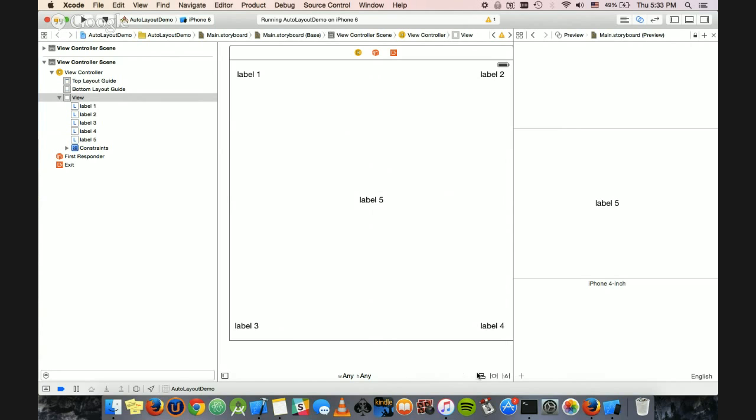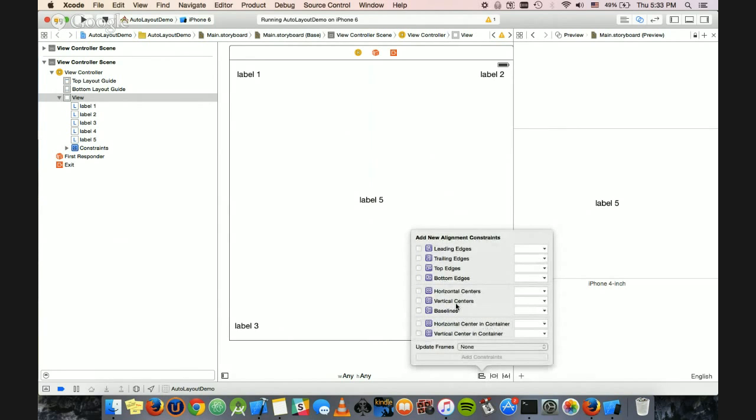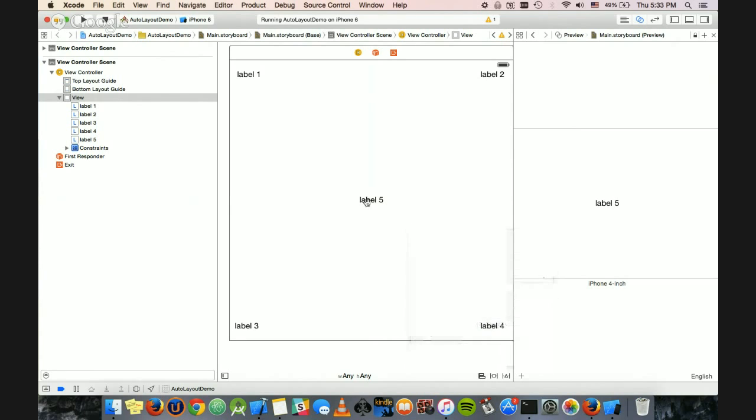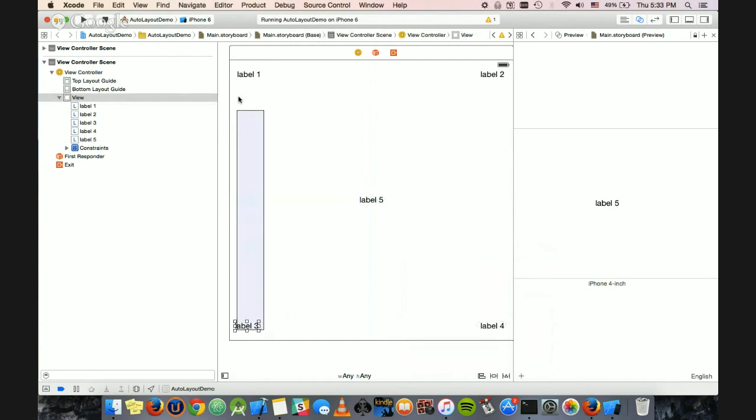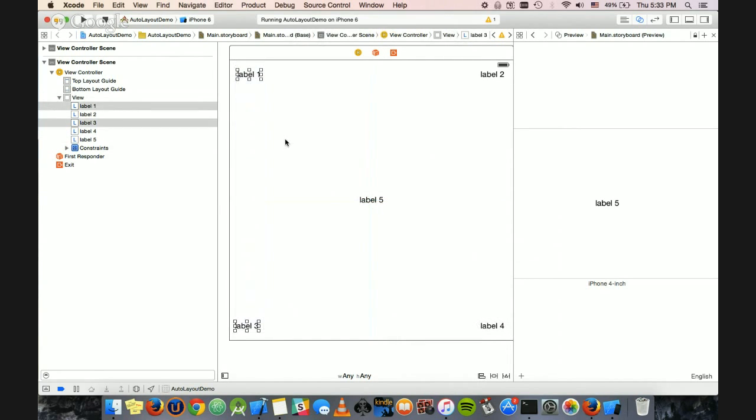Another thing we can do with alignment constraints, or with the alignment tool, is aligning different edges. So right now, if we just click on one label, notice we can't click on any of these. These are all disabled. So if we select multiple labels, for example, we want the X position, so the distance from the left side of this view controller, and these labels to be the same. And so to do that,